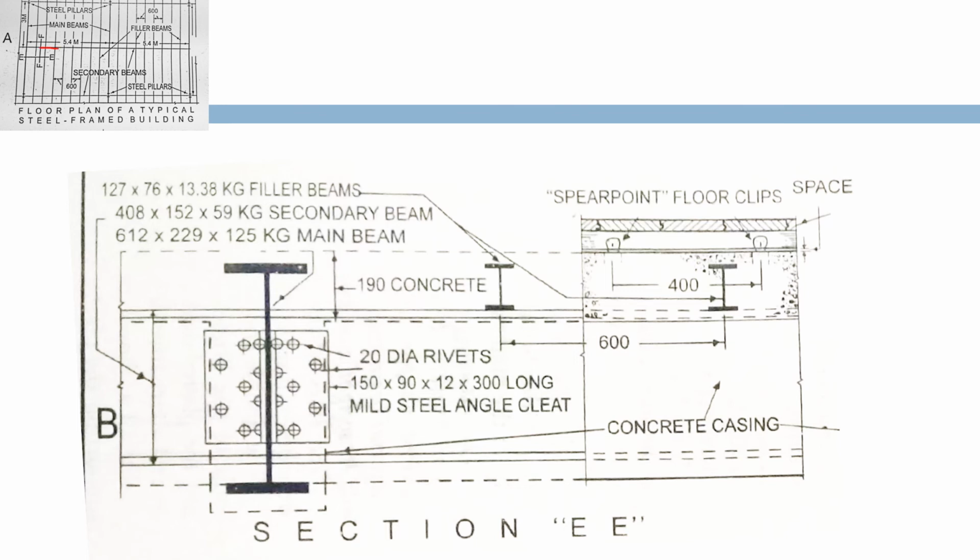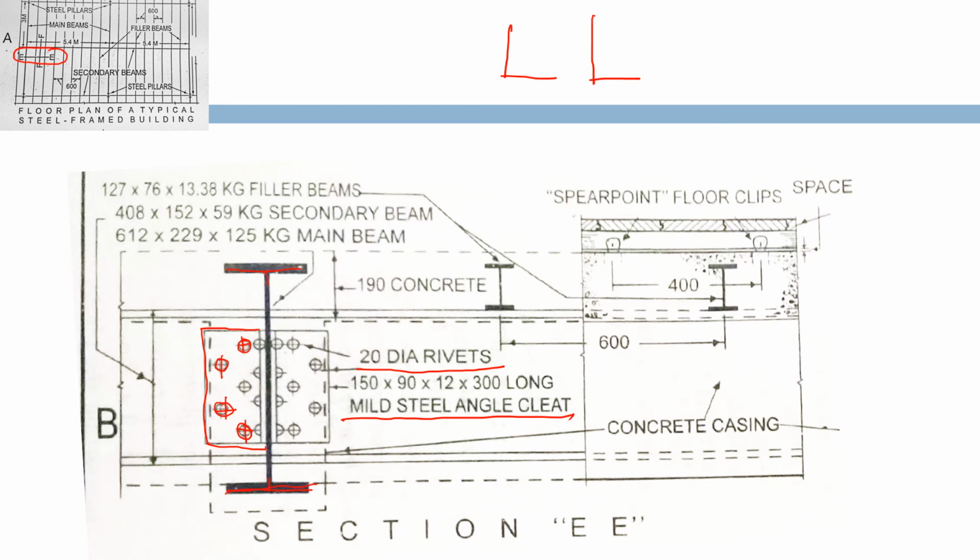Okay, so let's have a look at section EE here. This is the main beam, and it has been fixed to something using these two plates that you can see, and these are the bolts which are used to fix this. So these are 20 dia rivets. We have seen what a rivet is, and these are used to fix this mild steel angle cleat. So we learned that angle was either equal or unequal, and this has been used to fix this main beam